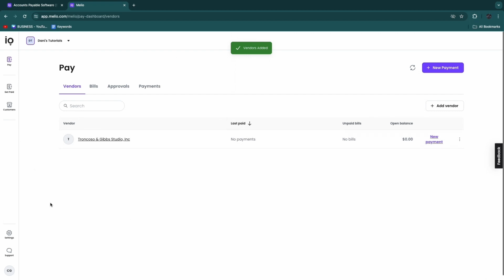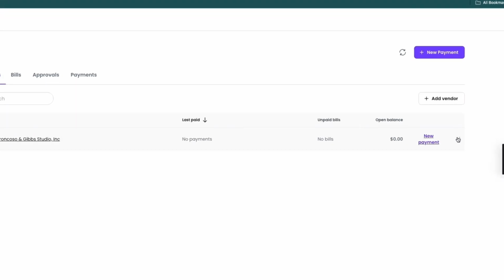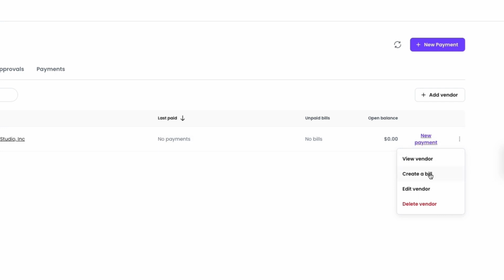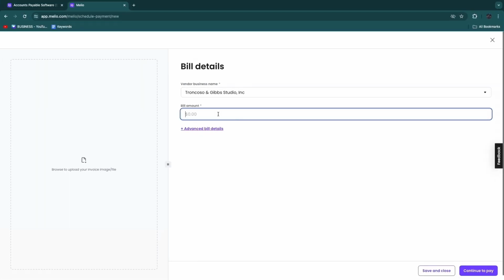So now here you will see your vendors. Now if you want to add more vendors later, you can always click add vendor right there. Now you can see your open balance with this vendor and your unpaid bills. Now if I click on the 3 dots right here, I can click create a bill. And then for example, if I need to pay this vendor $3,000, then I can add that right here, and